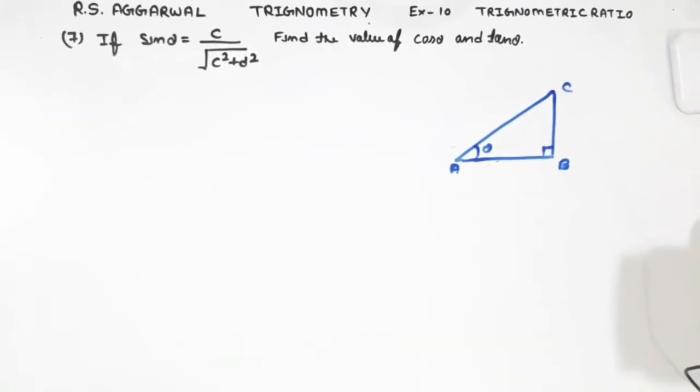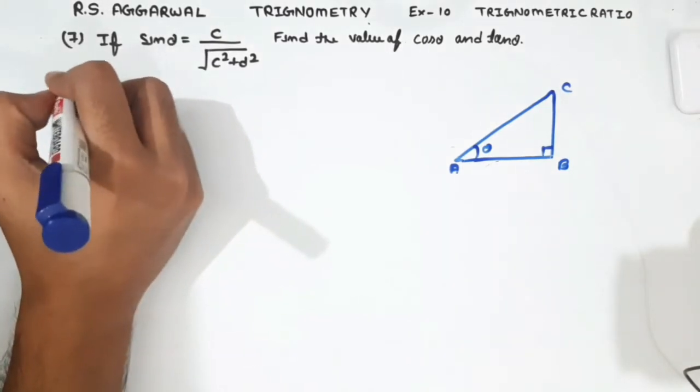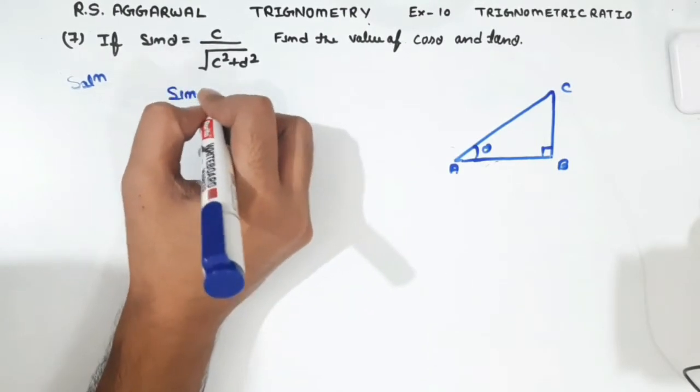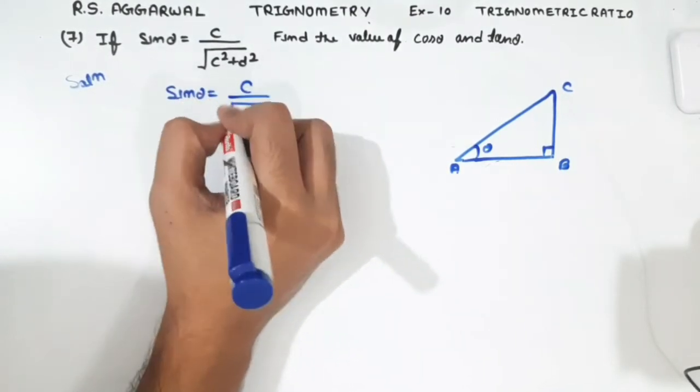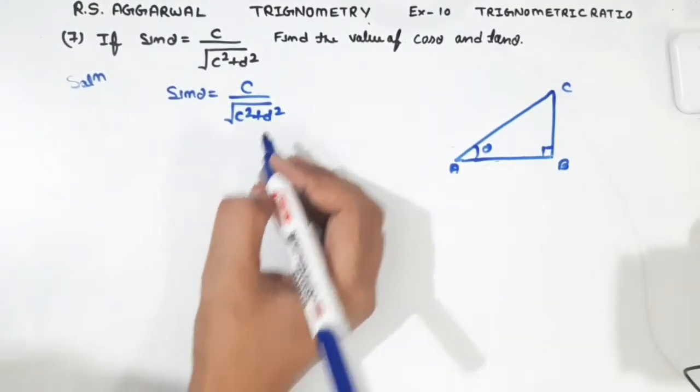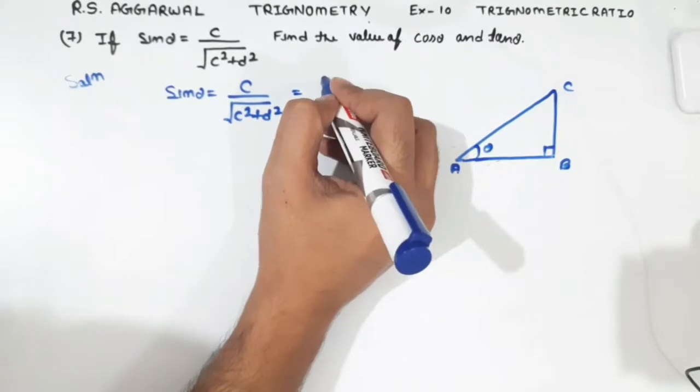R.S. Aggarwal, chapter trigonometry, exercise 10, trigonometric ratio. In question number 7, if sin theta is equal to c upon under root c square plus d square, find the value of cos theta and tan theta. So we have given sin theta, that is c upon under root c square plus d square, and we know that sin theta is given by